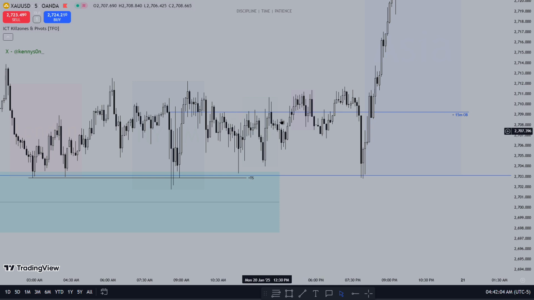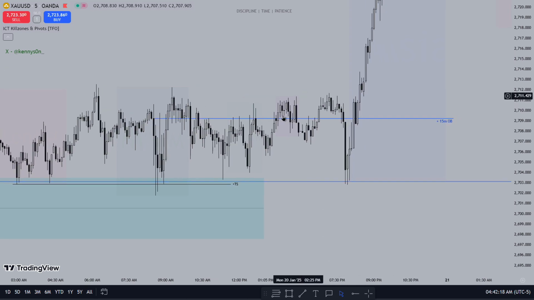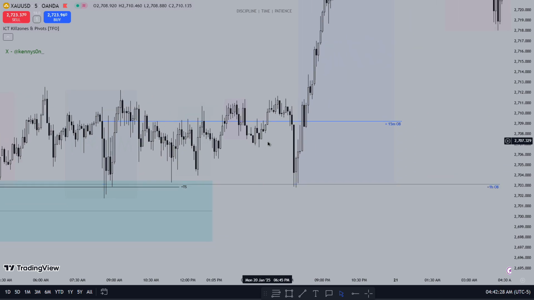New York lunch, PM session, afternoon session. We're just playing around the order block again. And what did we do before Asia opened? We swept this low. It's not significant. Minor sell side liquidity. Then we swept the lunch sell side liquidity. After sweeping it, we retraded to this hourly order block. Didn't take out this low, which I'm expecting to act as a rejection block.